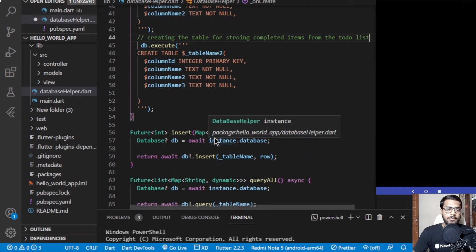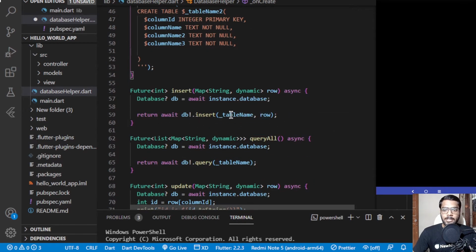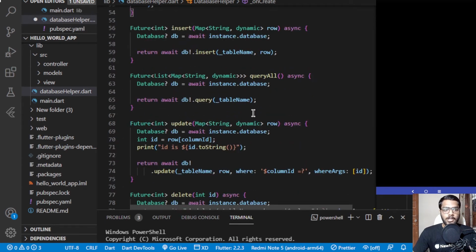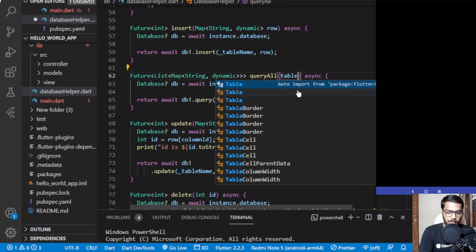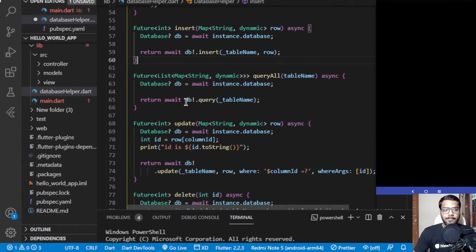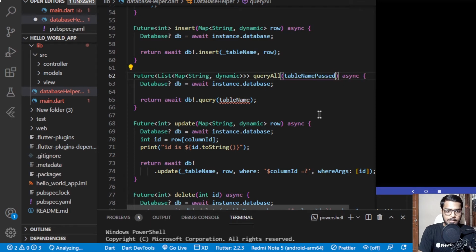Now inside this insert function which we are having, most of the things are the same, like async, we are getting the instance of the database and we will be inserting the data with the table name and row. Next we are having this queryAll, which will be taking a table name in our case, as we are having two table names over here. So table name, and it will be getting the instance of the database, and later on it will be querying the data from the table name. Let me add table name passed,